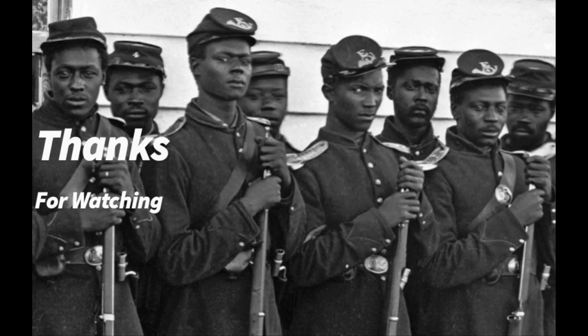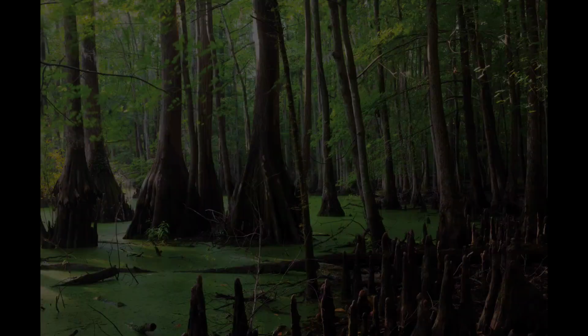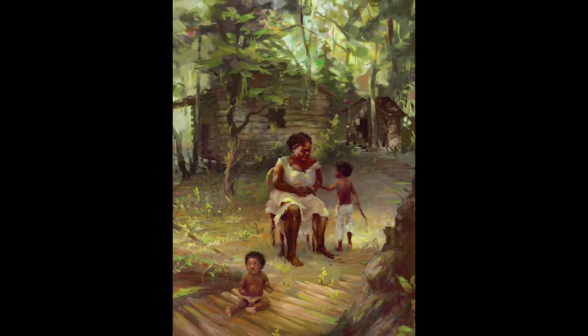It is the early 1860s during the height of the Civil War, and a group of black American Union soldiers trudged through the Great Dismal Swamp of Southeast Virginia. All of a sudden, the soldiers reach a rise, turning into an island, and on the island sits a small village. The inhabitants of this village, and many others like it throughout the swamp, were mostly escaped slaves, also called